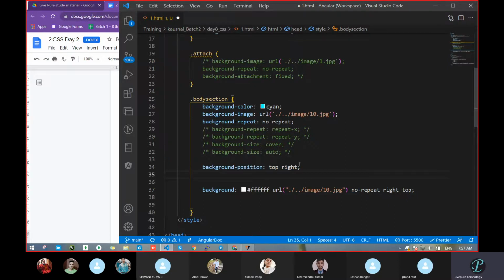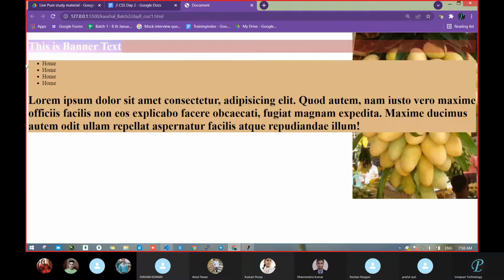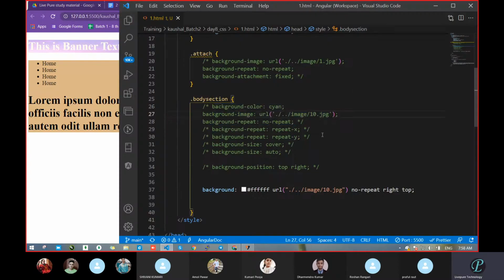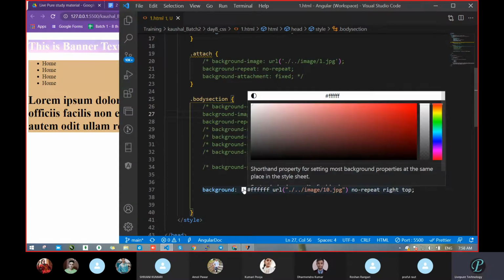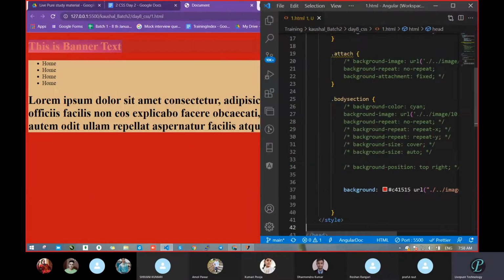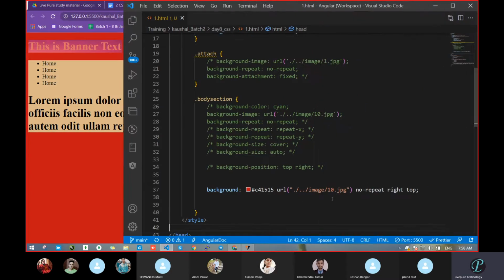I will uncomment all the lines above, and we will look at the effect of this. Save. See, you can observe now. One second. Is it running or not? This is for the body section. Let's check. Okay, in the background we are observing something written there. In the URL, some image.